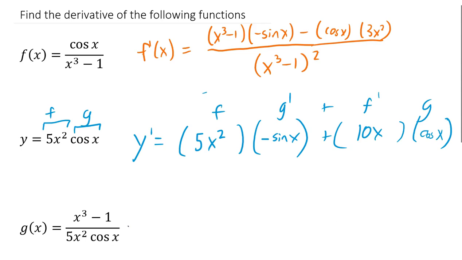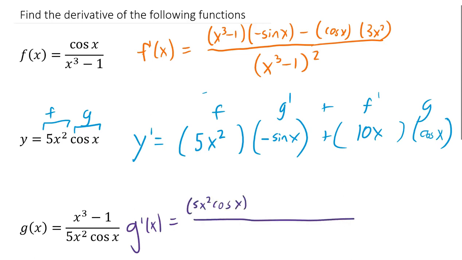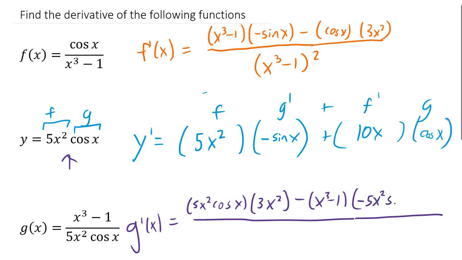One more. g prime, I have to do low d high minus high d low. Oh my goodness, d low. That looks like a product rule, and it also looks like y, so I know exactly what d low is going to be. It's going to be from this right here, that is low, y was low, I did that on purpose. My d low is going to be negative 5x squared sine of x plus 10x cos of x,